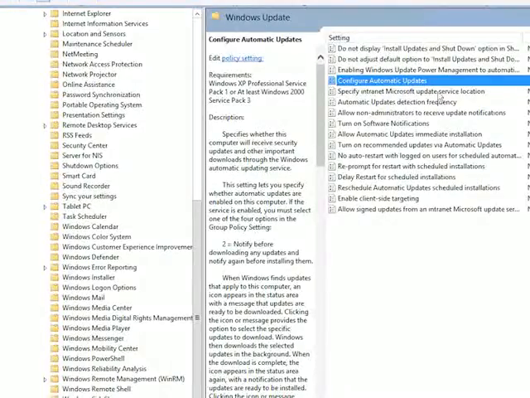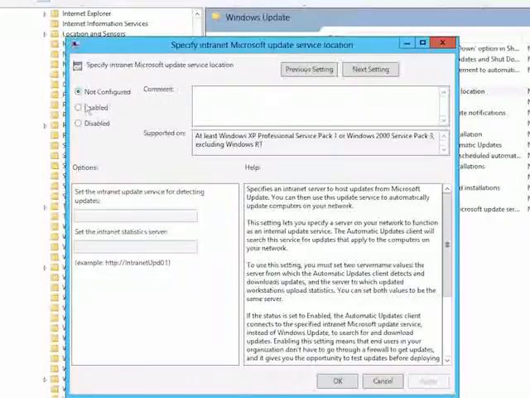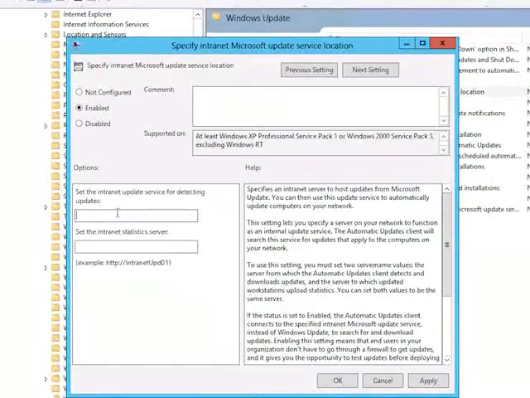Specify intranet Microsoft Update Service location. So if I go into that one and enable it, you'll see here that we're going to set the intranet update service for detecting updates. And you remember that we had to set up the web server service on the WSUS server? Well, the reason why is because you're going to connect to that server. In other words, the client thinks this is an internet-based service. So we need to go ahead and tell it that we're going to go to http://